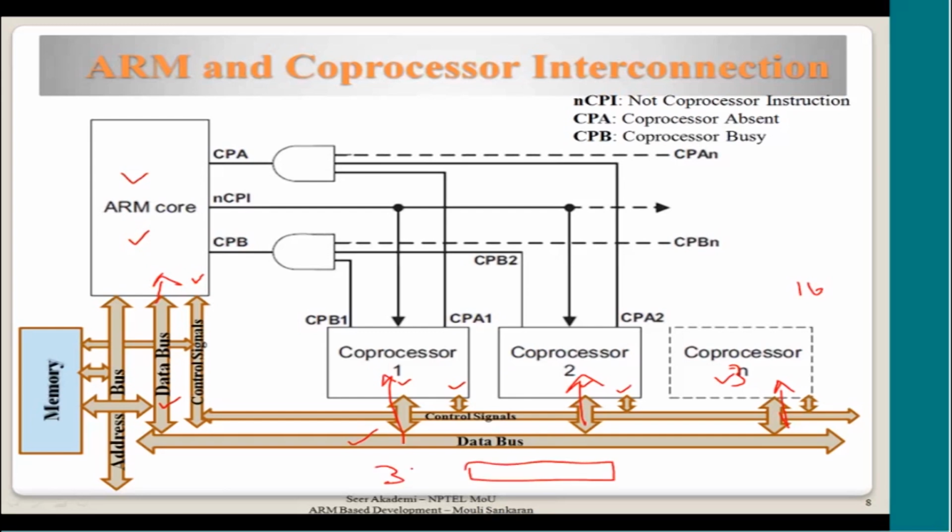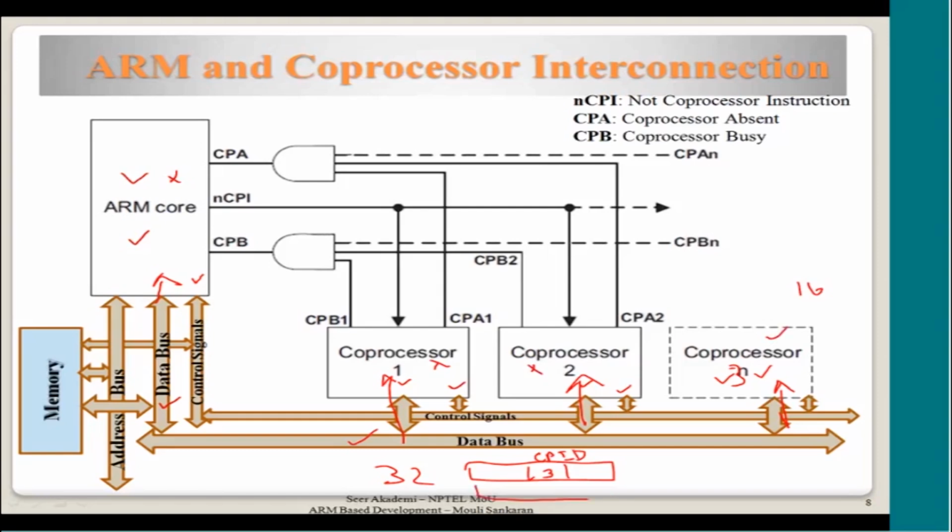See, any instruction is 32-bit here, and there is a coprocessor ID. Assume that this is the field coprocessor ID, CPID I call them. If one instruction with a CPID 3 comes, now this coprocessor will pick the instruction, and ARM will ignore it, and other cores will ignore that, and it